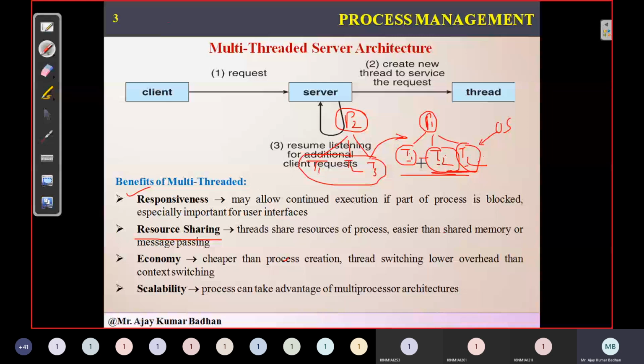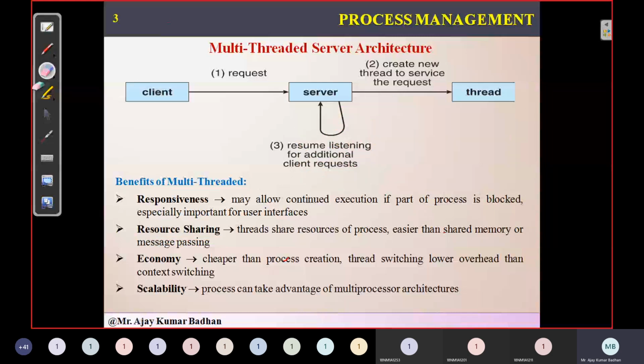These properties cannot be shared by those children because both are entirely different. So that is the only difference that exists for threads. Threads can share resources with other threads belonging to the same parent process. But if they belong to some other process, they cannot share the resources. That you people have to keep in mind.